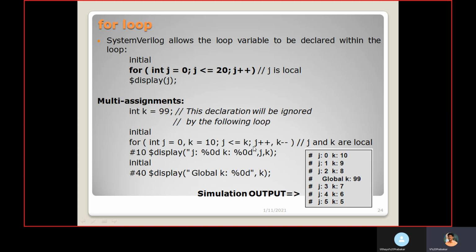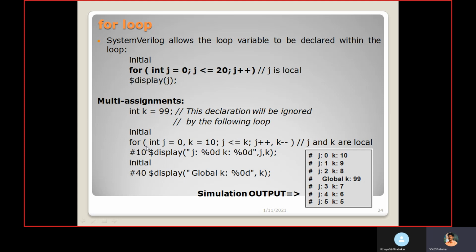Each time I am incrementing the j value and decrementing the k value. So I use one k variable here, and here also I am using one k variable, but the k variable declared inside the for loop will be treated as a local variable to this for loop,